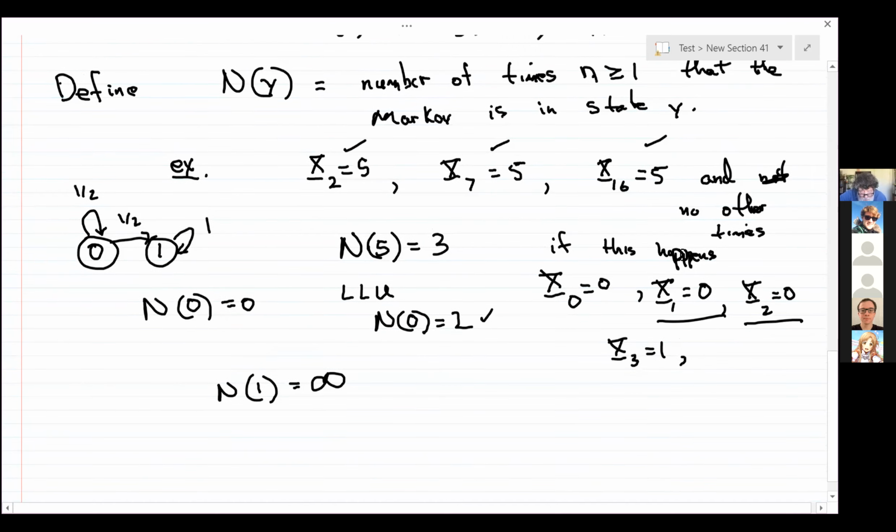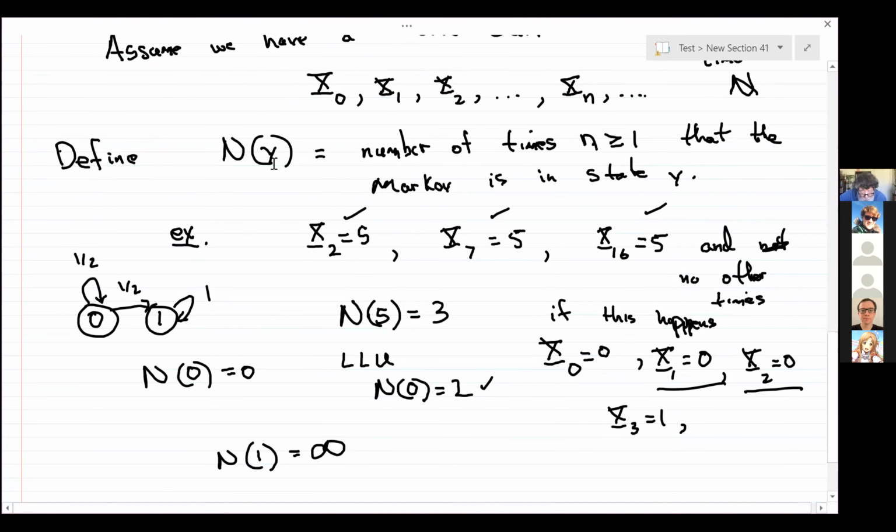Okay, so it's not a hard number, it's a random variable, right? Because the number of times, you can see from this, that you visit 0 basically depends upon